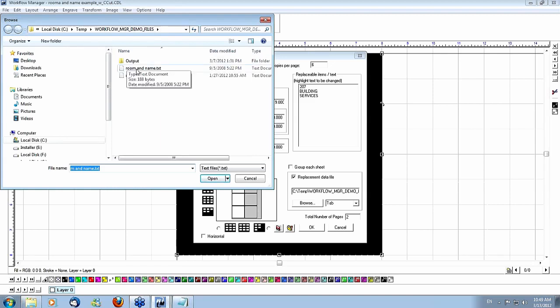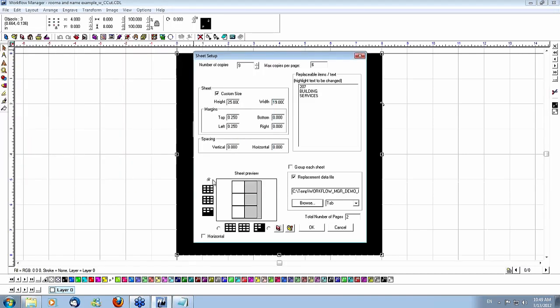I'm going to select that file that we already showed you and click on Open. So now that appears down here, roomandname.txt. Use tab as the delimiter in this case because the file is tab delimited. Generally speaking, that's what's recommended, as it is most likely to be successful because it's unlikely that there will be